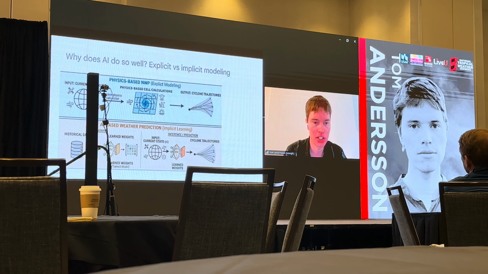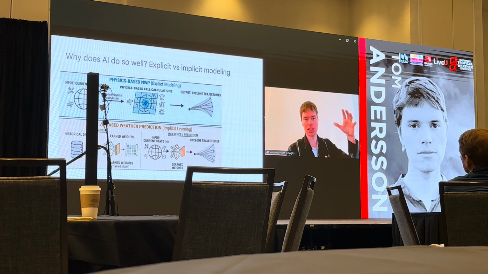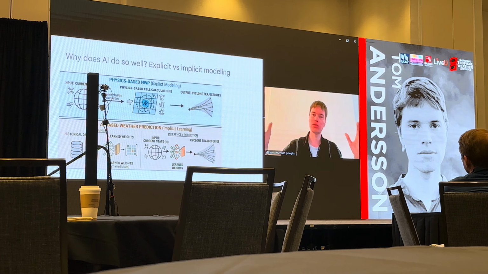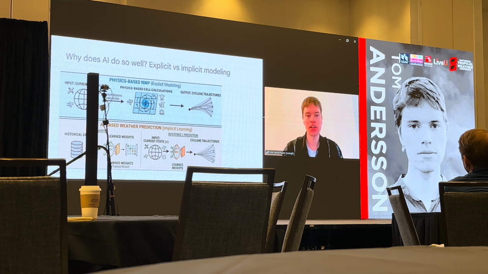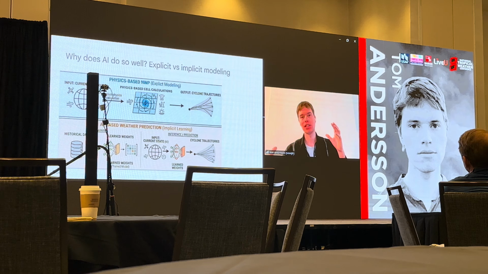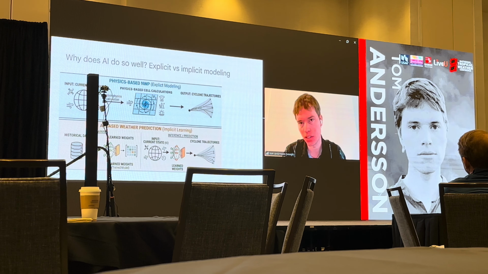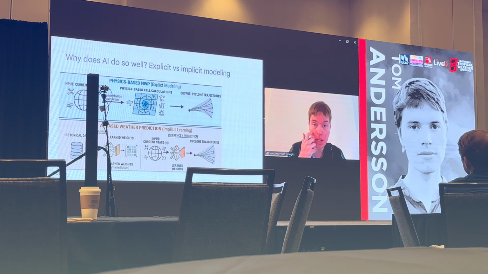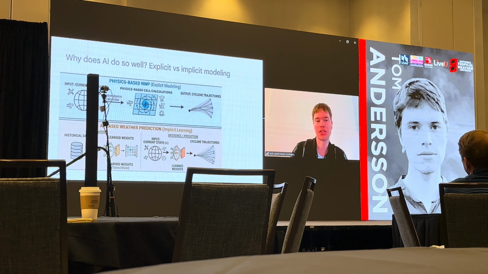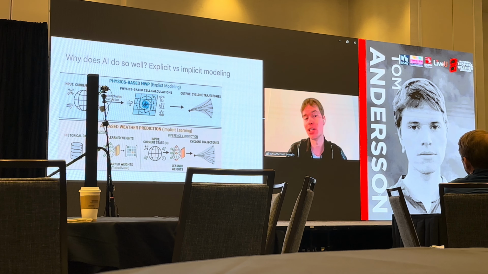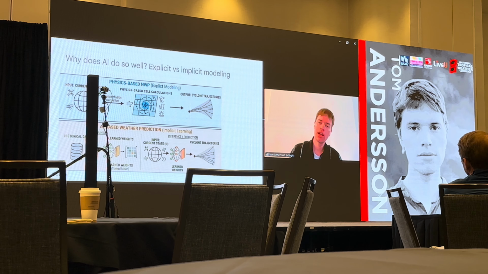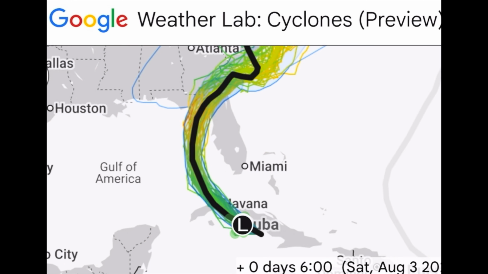Whereas with AI weather prediction, there's the training on the historical data, and that training process outputs a bunch of learned weights, or just millions of numbers, that define how the neural network, the deep learning model, processes that data to produce the prediction. And then once you've trained the model, you get your input state, which is actually the same as the input state for a physics-based model, just the atmospheric analysis state. Pass that through the model and you get your cyclone trajectories.